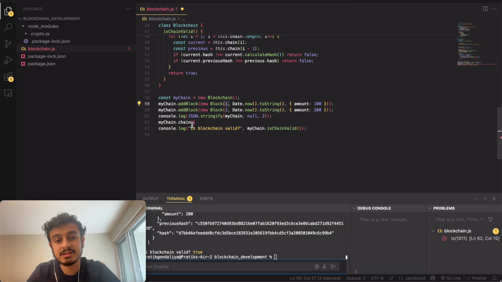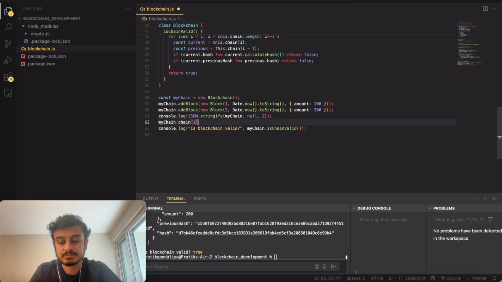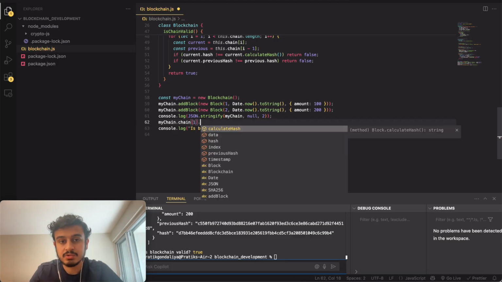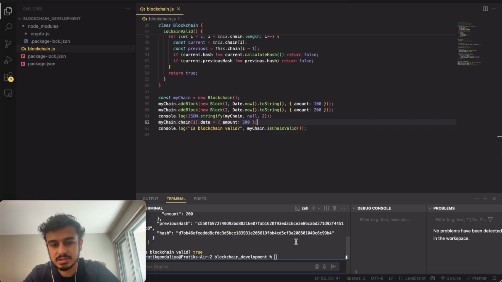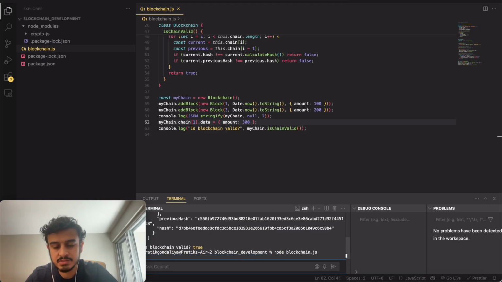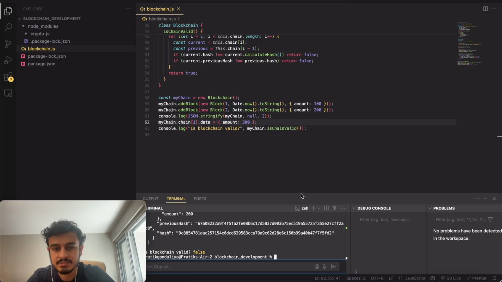For example, let's take index 1, then dot the field, data.amount, which you would like to change to 300 instead of 100. Now let's run that code again. node blockchain.js, press enter, and now you see